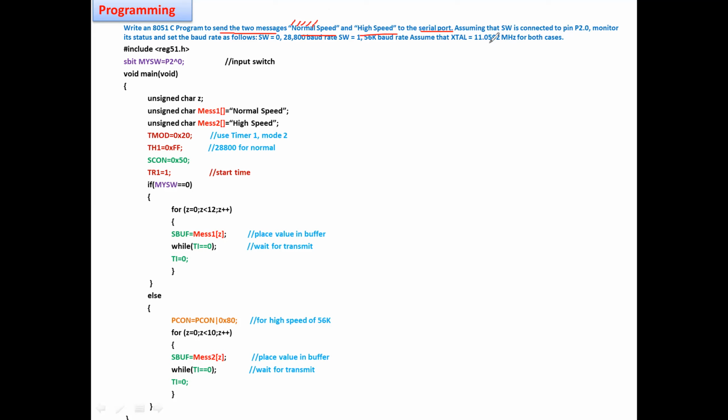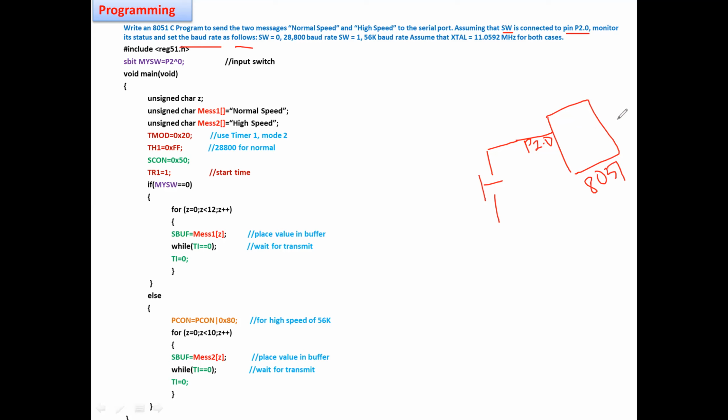Assume a switch is connected to pin P2.0, which is one of the port pins of the 8051. Set the baud rate as follows.